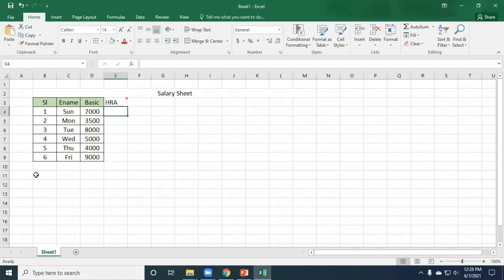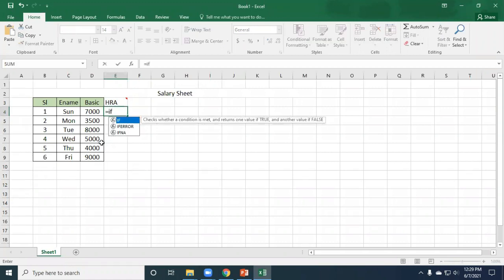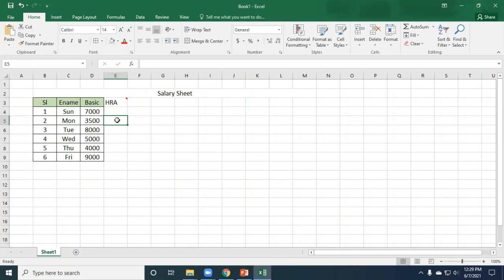The IF function is a very important function in Microsoft Excel, but in most cases, most people use the IF function by writing it out. We will use a very short form, that means using the wizard we will use the IF function.